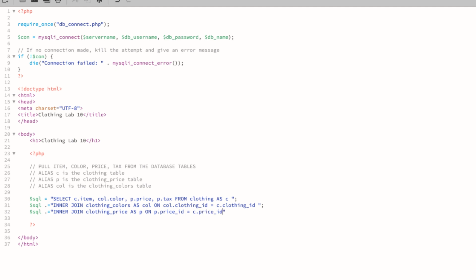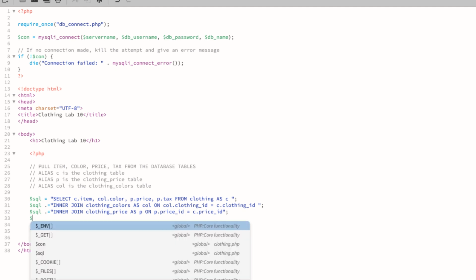This in and of itself is now going to pull all of this data. But if you remember right, we had a couple more things that we need to do before we actually can get this data to show up. First, I'm going to put my semicolon here. Next, we're going to go down and do the first of those. And that was we needed to create a result